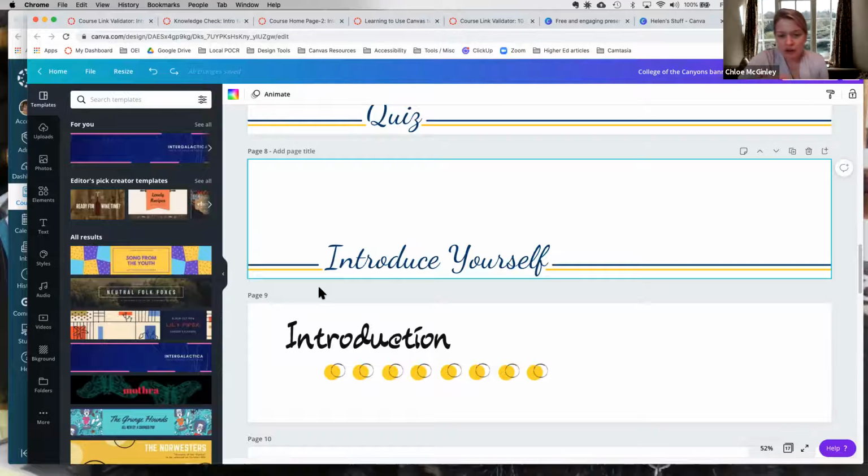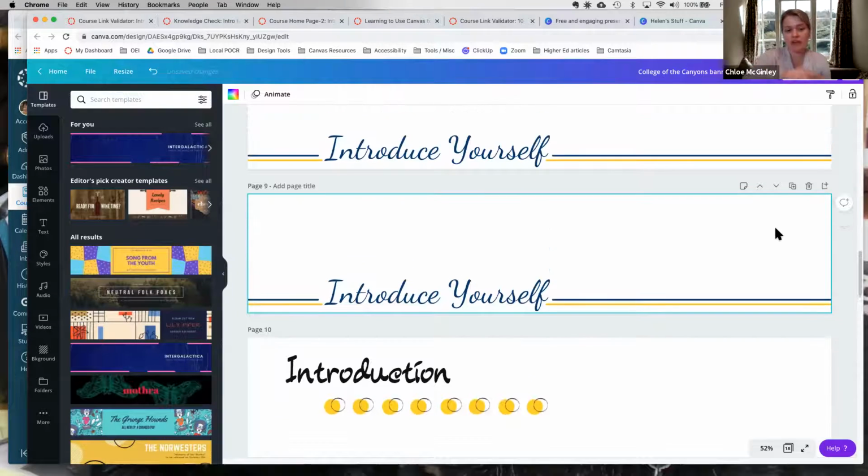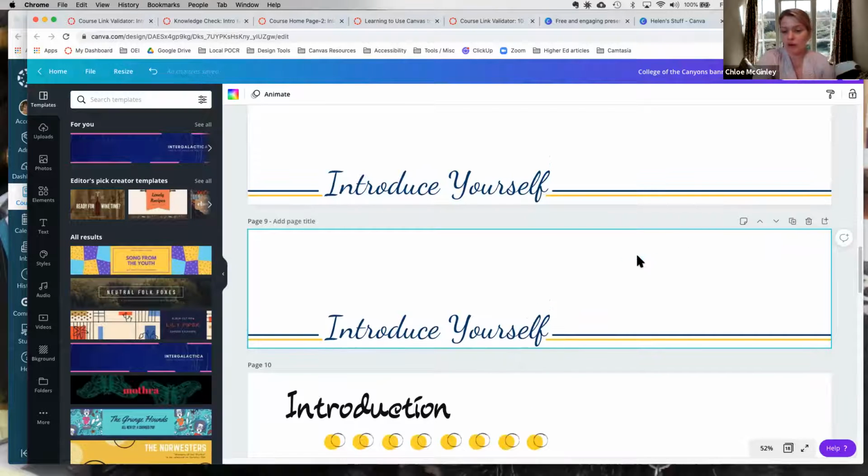If you notice on the top of each of her banners, there's little icons. One of them is a duplicate button. So let's say once you have a thing that you like, on the left-hand side is all of your templates, right? You would choose a template that you kind of like, and then you can play around with the color. Once you get an idea of it, so let's say you created your home banner, you can duplicate it, then quickly make small changes, call it module 1, duplicate that, make changes from that one, introduce yourself, duplicate that, make changes to that. That way it's really easy to keep a consistent theme.